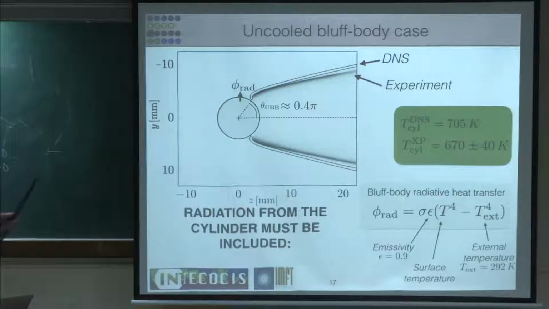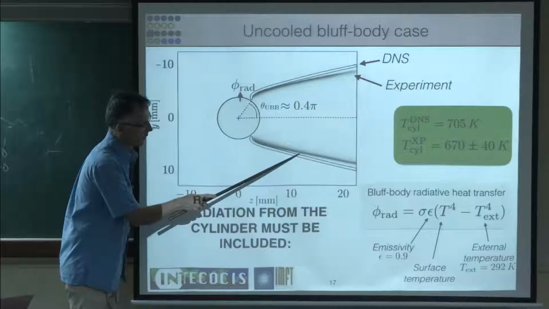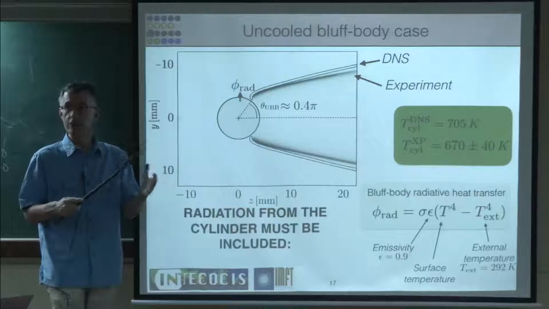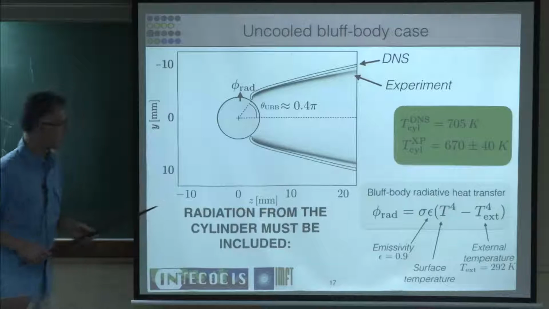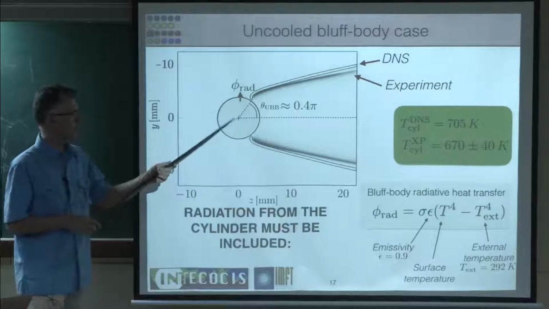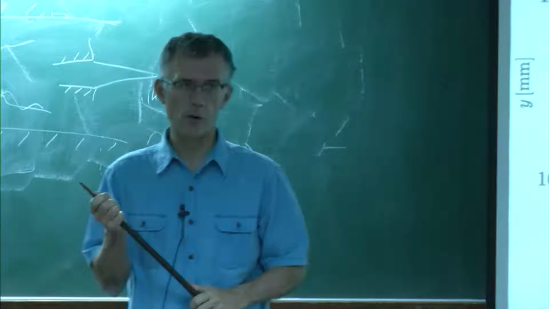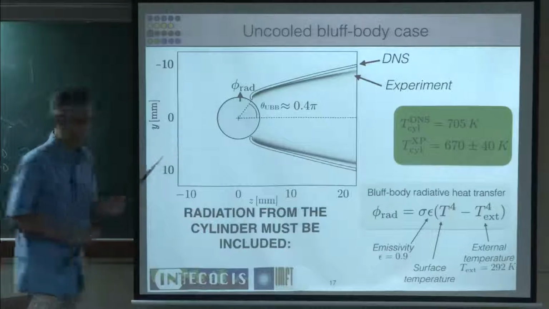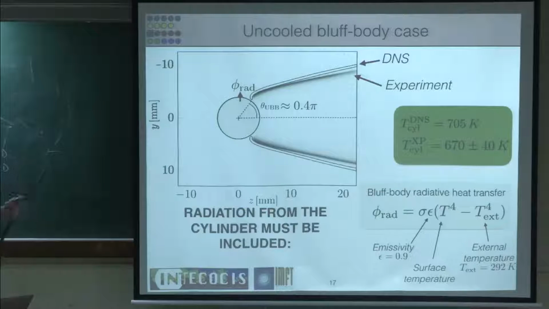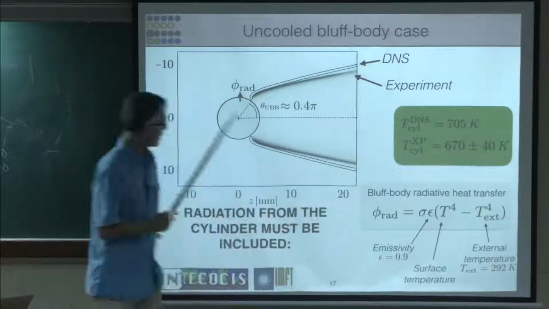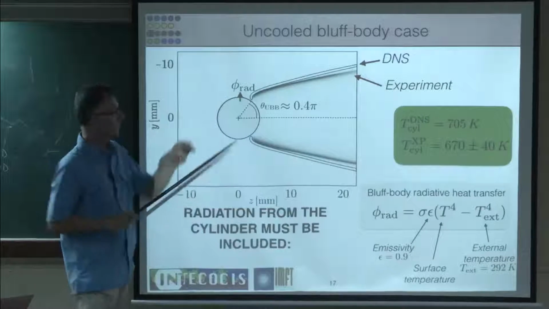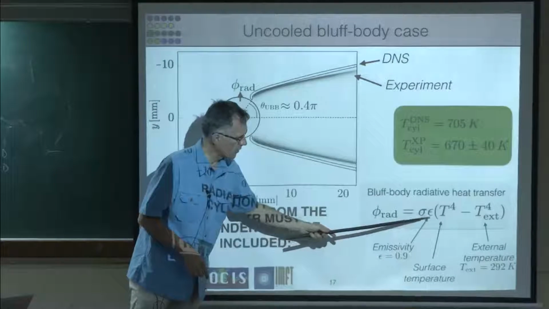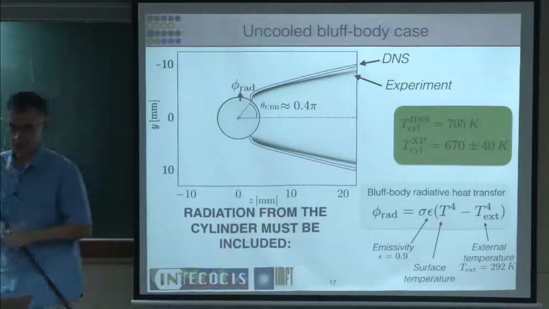Now, when you don't cool this thing, then the flame comes closer to the cylinder. The temperature of the cylinder goes up by 400 K, which is quite a lot. And in that case, the interesting thing is that this thing is hot enough that you need to start worrying about radiation. Why? Well, you will see in a minute that if you don't include radiation, you can have surprising results here. We did include radiation just by saying that this cylinder at 700 K would radiate to the walls here as if it was a gray gas with an emissivity epsilon, and we'll change epsilon. For the moment, we took 0.9.